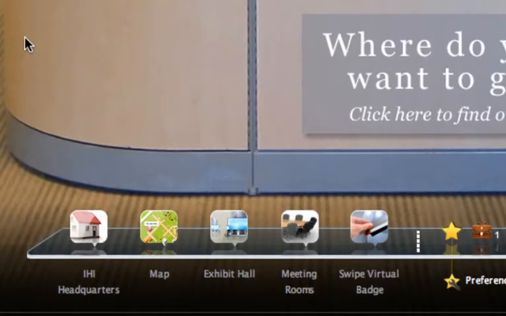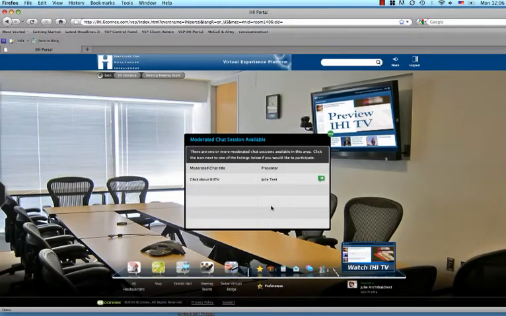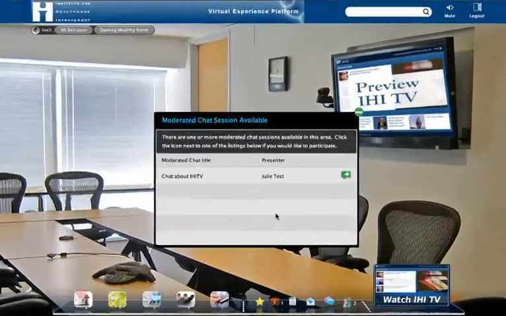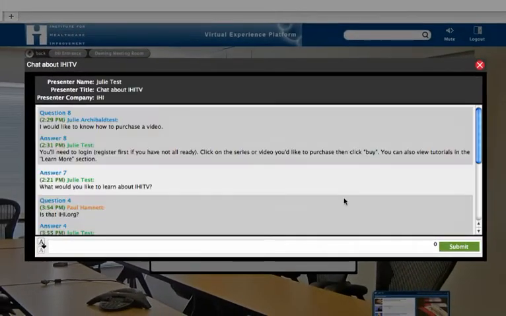if necessary. To get to a meeting room, you can either click on the map icon or choose Meeting Rooms from the bottom menu bar. Upon entering the room, you'll note a floating chat session box. This box indicates that a moderated chat session is available. If you click Join the Moderated Chat, the box will expand to show the chat in session, as well